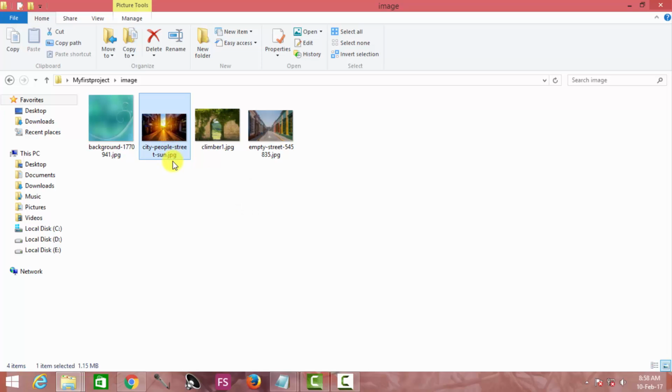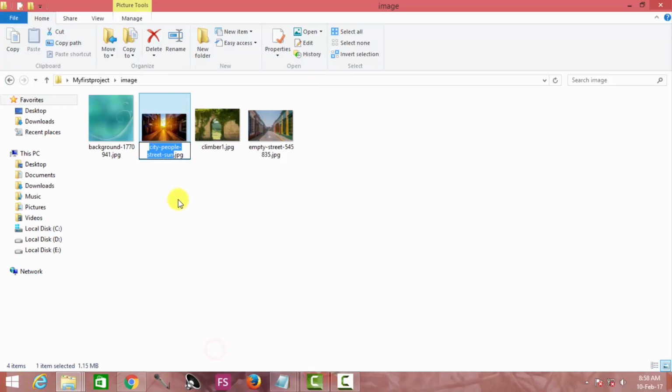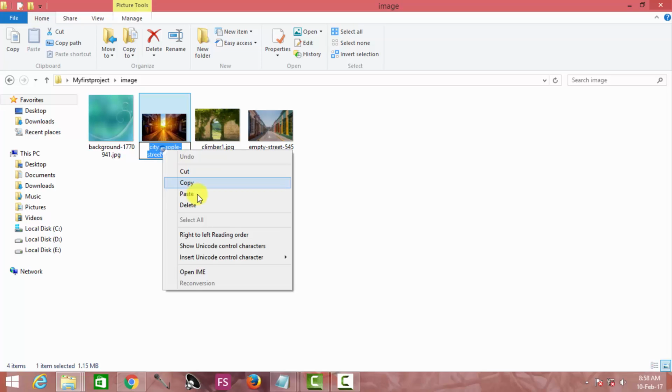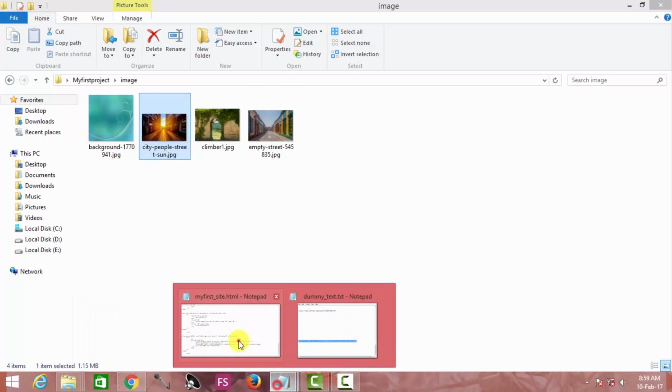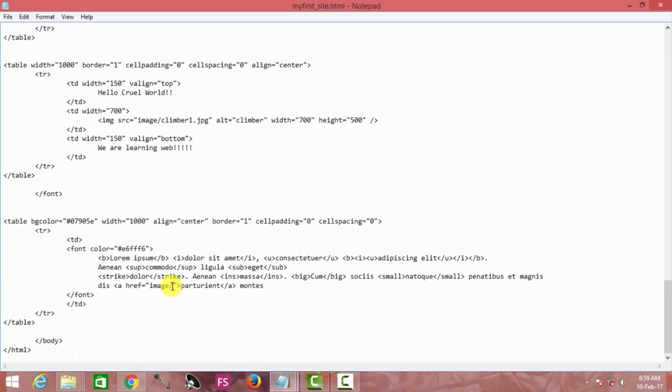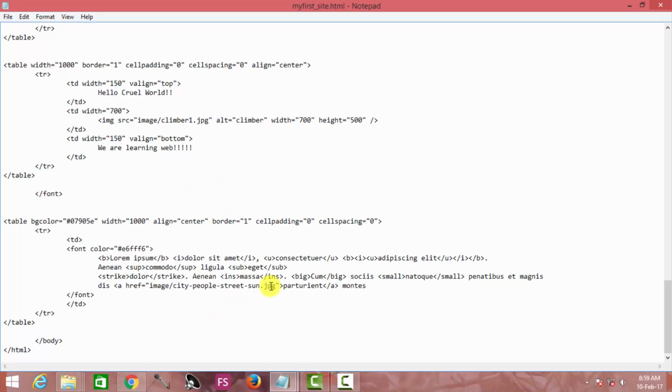So I am pressing F2 or again right clicking on it, going to rename, and copying this whole file name along with its extension name. This is the extension name, .jpg. Now I am returning to notepad, right clicking on it and pasting.